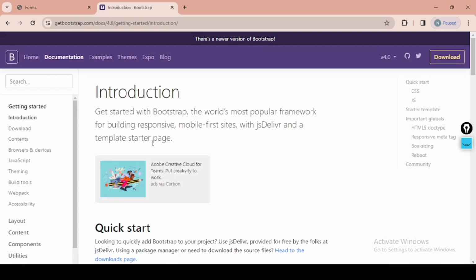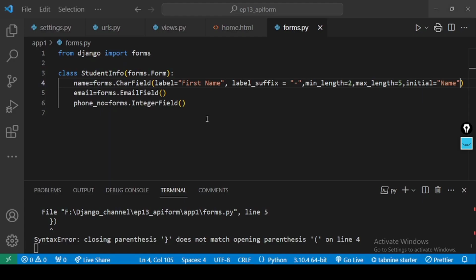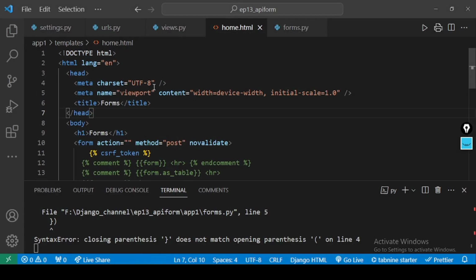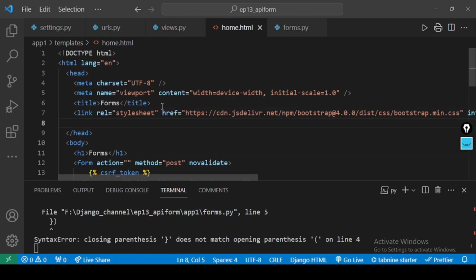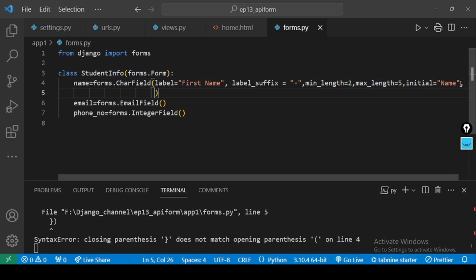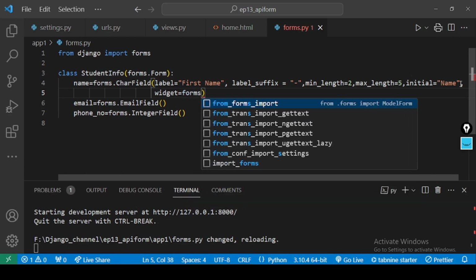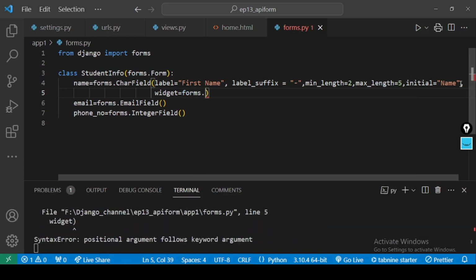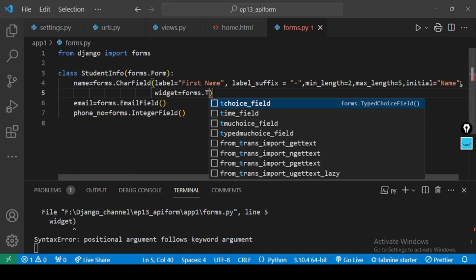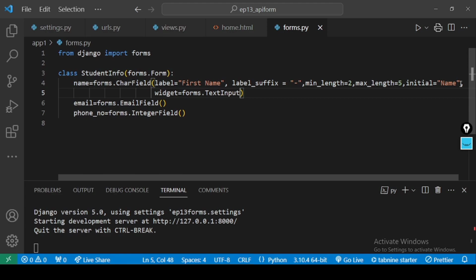Write on get started. You will copy the link from here and paste it in your HTML, because we are making use of Bootstrap. Now suppose I want to give the class of a Bootstrap. So you will come over here, you will write, for the character field, it is what? Text input,